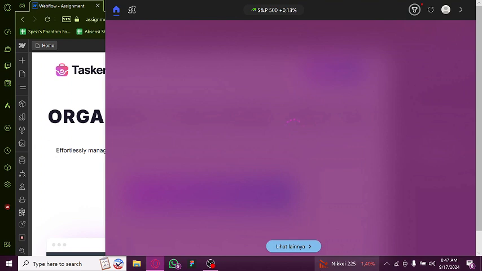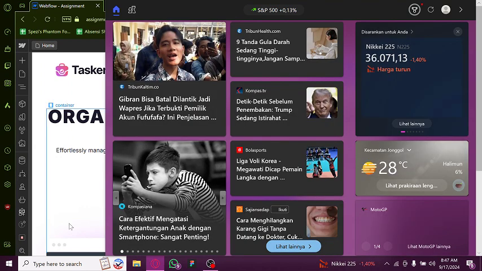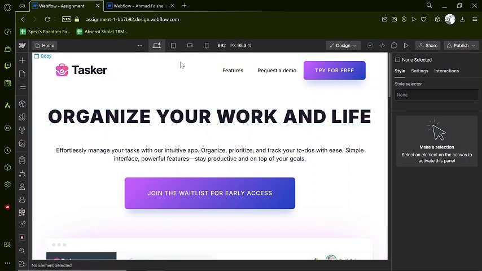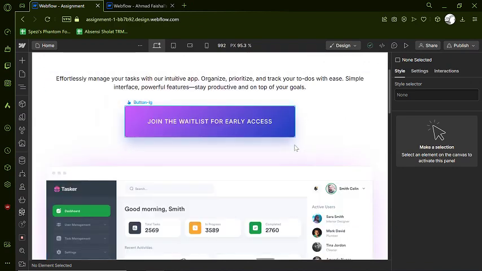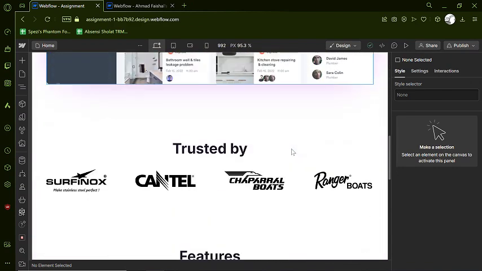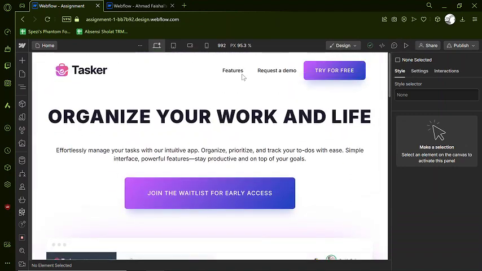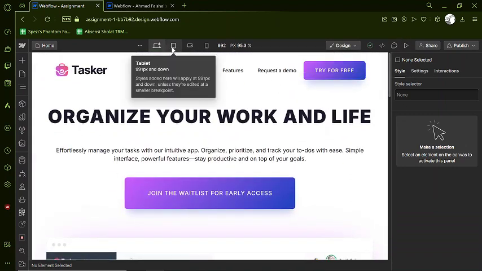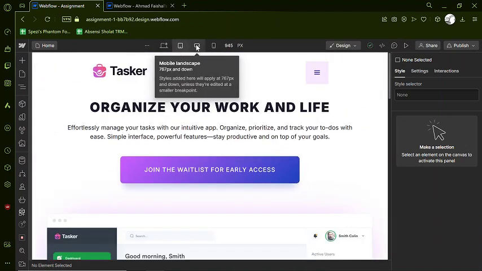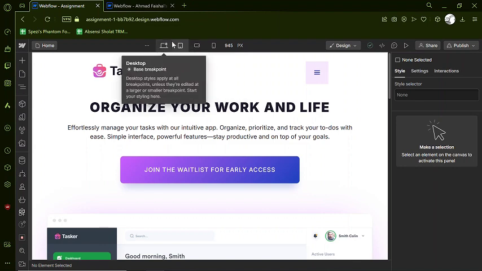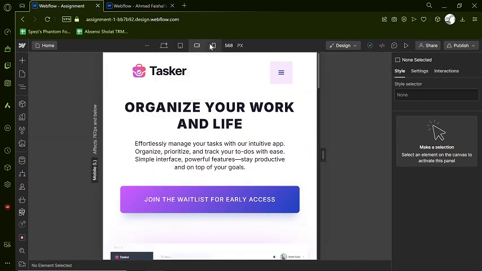In today's video, I want to show you guys my assignment and a brief explanation of how you would do this. So first of all, as you can see here, it's my project assignment and it's already done and it's responsive. As you can see, you can see it with many devices,